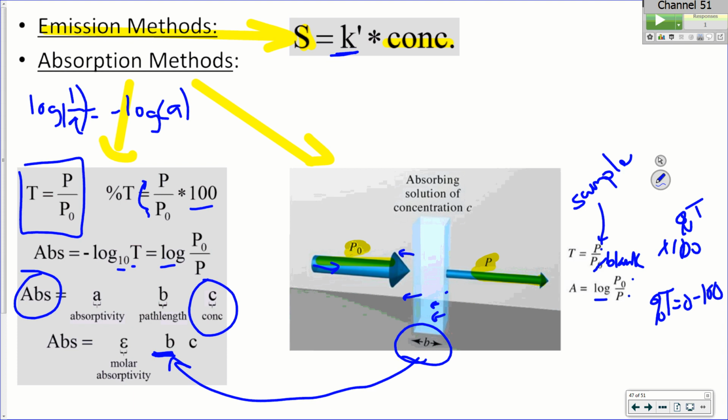There's a standard unit used for path length, typically centimeters. I say typically because when we do stuff with cells, a 1 centimeter path length is standard. But when you start doing other types of measurements, it may be the diameter of a tube. Like when I do my technique with capillary electrophoresis, I'm using this tiny tube that's made out of quartz, fused silica, and it has an internal diameter of 50 microns. All right, so that's a fraction of a centimeter, right?